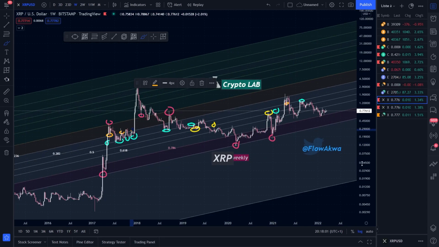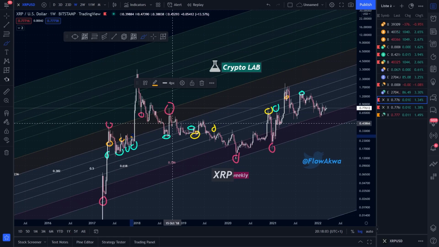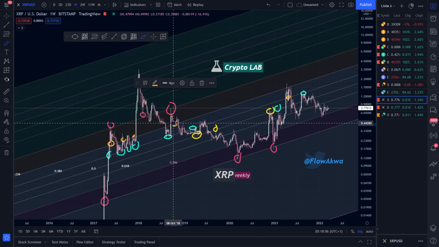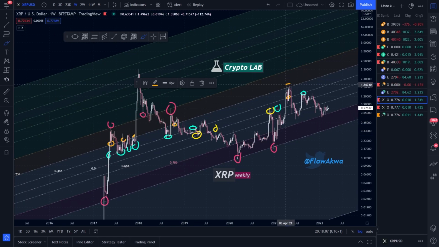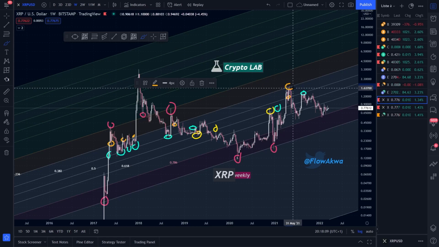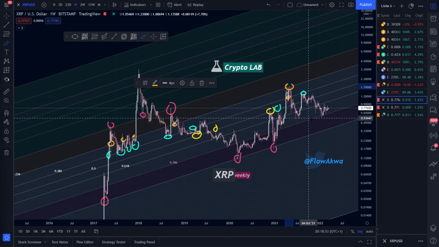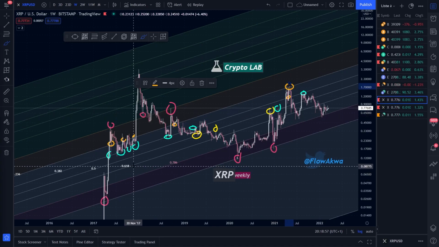Then what can we say? Here it was a small support, and here it is the most recent top of XRP, and this is a major resistance. And you can see again, guys, how precise this is. This is amazing. We are getting to the current situation, but before we have this band, the